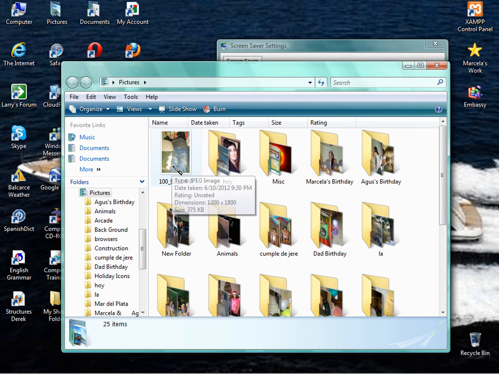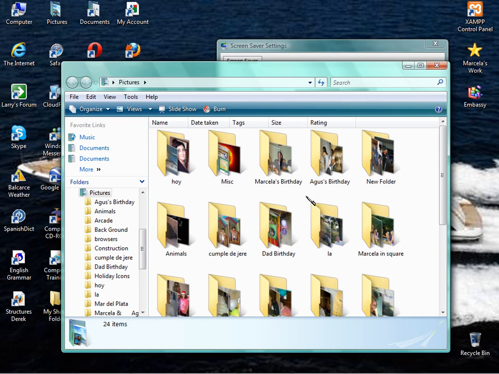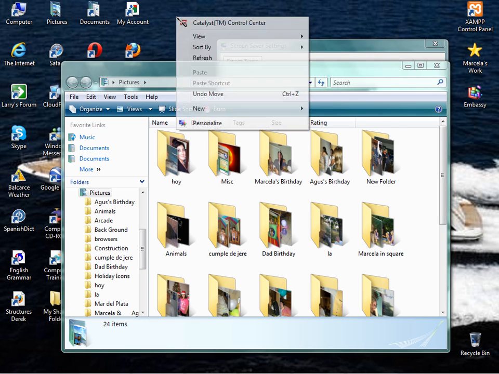Now say you want to just show one of these files. Say there's a vacation file that you want to show or something. You just took a trip, you come back, and you want to put those particular pictures on your screen. What we're going to do is I'll use my miscellaneous file. What you want to do is go to your desktop up here, right click,